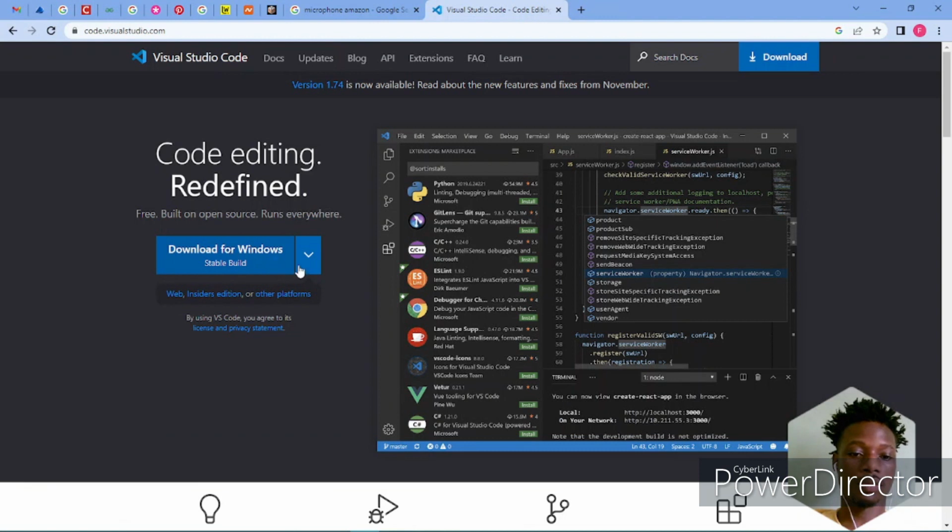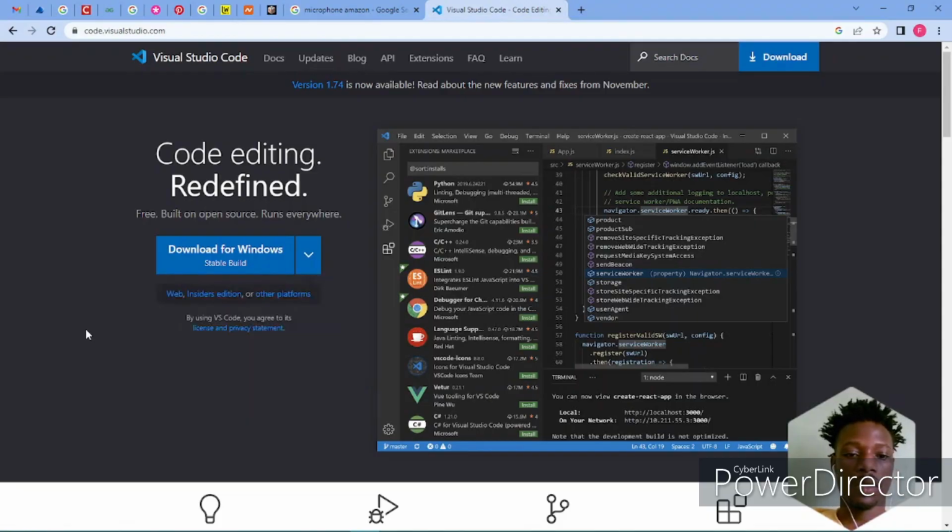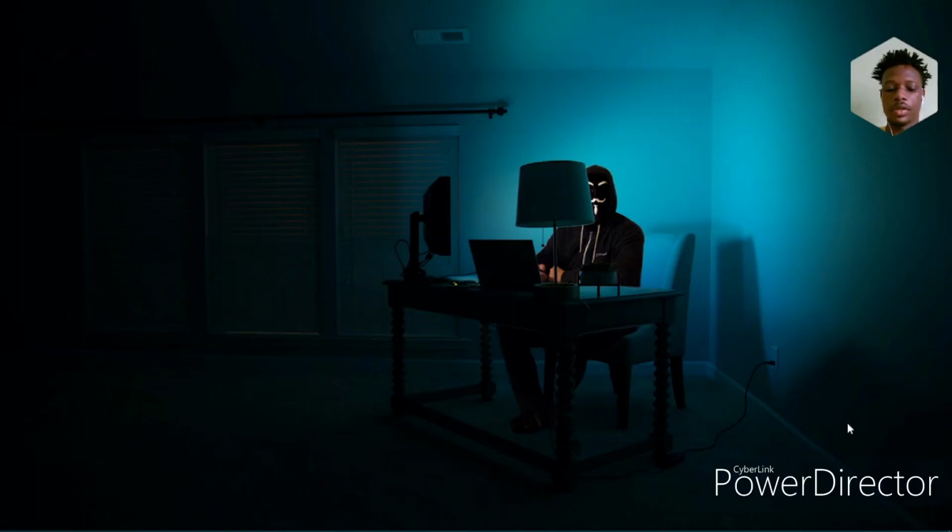So do yours. Just come here, check. If you're using a MacBook, download the Mac stable. If you're using Linux, download this, and if you're using Windows, just get this. Okay. So the next thing to do now is to get